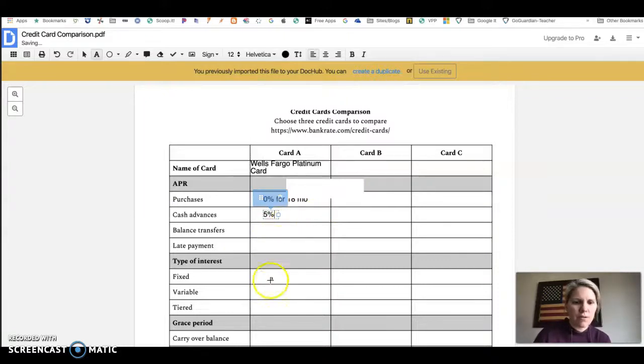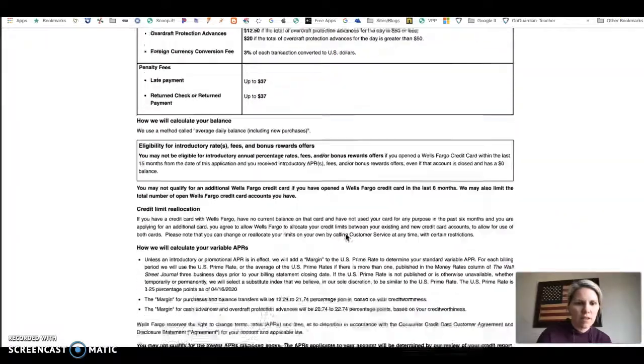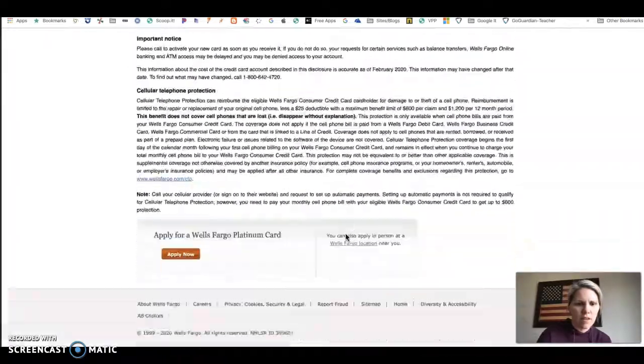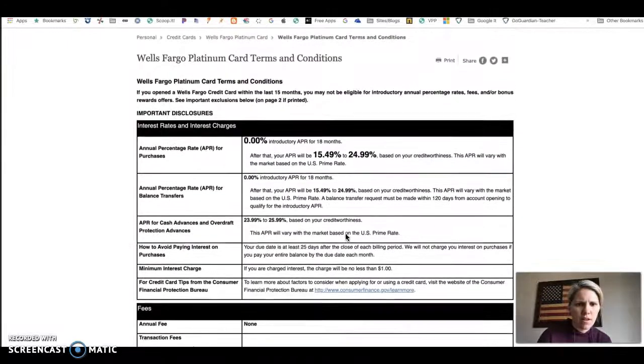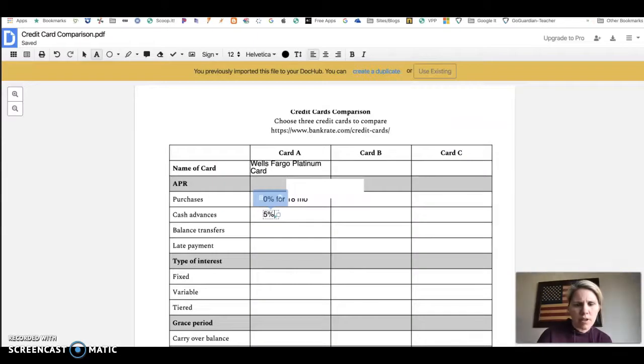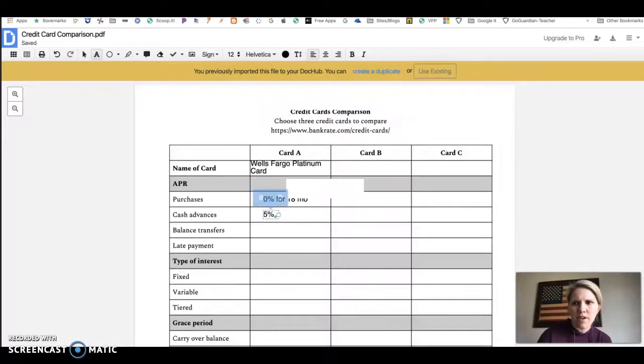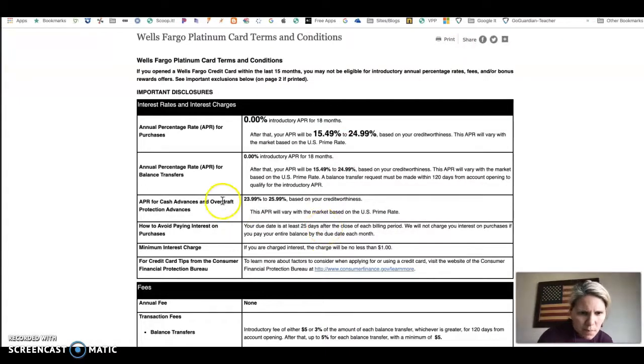Then you'll just go through the same types. Then it has types of interest, 3 different types, kind of same thing. So if we're looking for fixed, variable, or tiered,